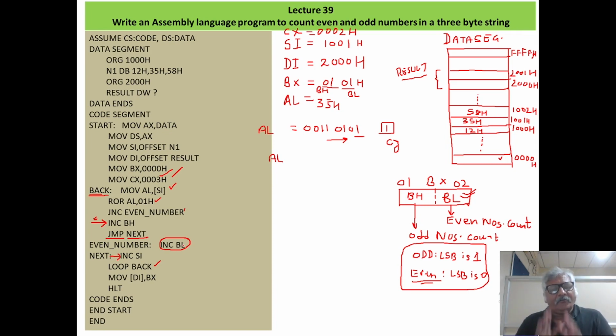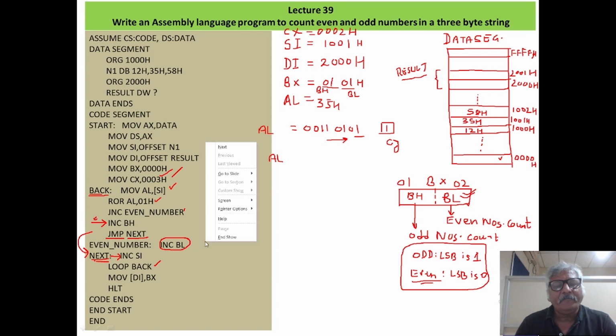Already we have recorded that number is odd, and we will bring now third number address in SI register. So that's why this is the next label. By using jump next, the sequence of program will come directly to this place. INC BL will be skipped now.